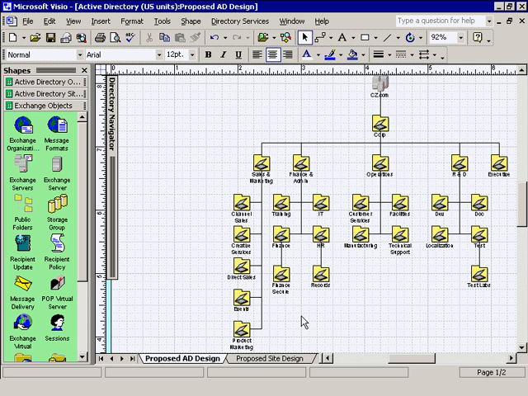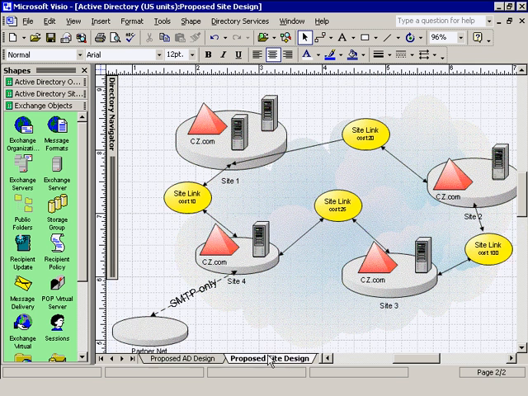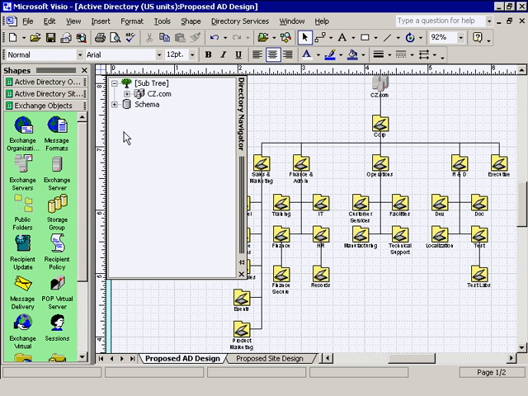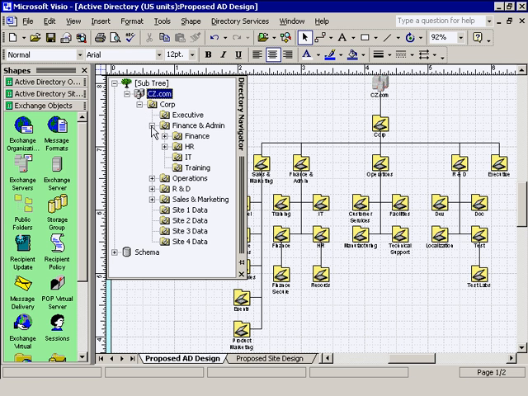During Champion Zone's recent upgrade to Windows 2000 and ActiveDirectory, Nathan used the ActiveDirectory solution in Visio Professional to conceptualize the new site and directory structure. He refers to a diagram created during this upgrade to determine what directory changes need to be made to support Exchange Server 2000. Nathan can access common commands for each object in the diagram from the Directory Navigator window or